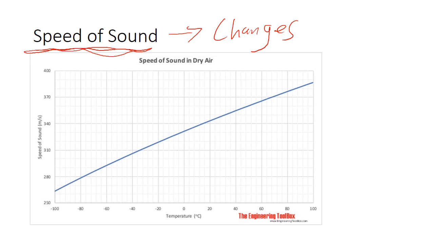So speed of sound, this is meters per second. If you want to know how many miles per hour, you basically double it plus a little bit. So 400 meters per second is going to be around 900 miles per hour, give or take. That's the rough estimate. But anyways, what's the speed of sound? It goes between 400 meters per second and 250 meters per second.